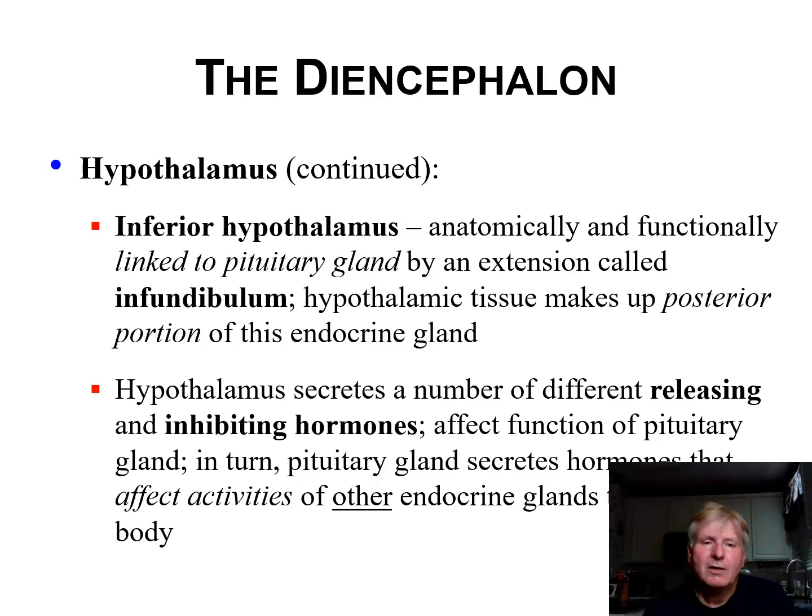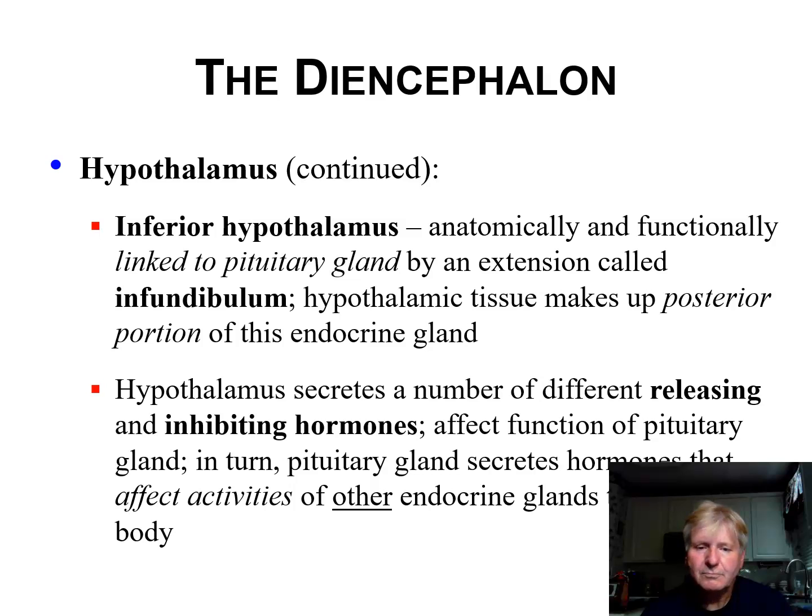The inferior hypothalamus is anatomically and functionally linked to the pituitary gland by an extension of tissue called the infundibulum, and it's the hypothalamic tissue that makes up the posterior part of the pituitary gland. So the hypothalamus secretes a number of different releasing and inhibiting hormones that affect the anterior pituitary gland. In turn, the pituitary gland then secretes hormones that affect the activities of other endocrine glands, which are the target organs